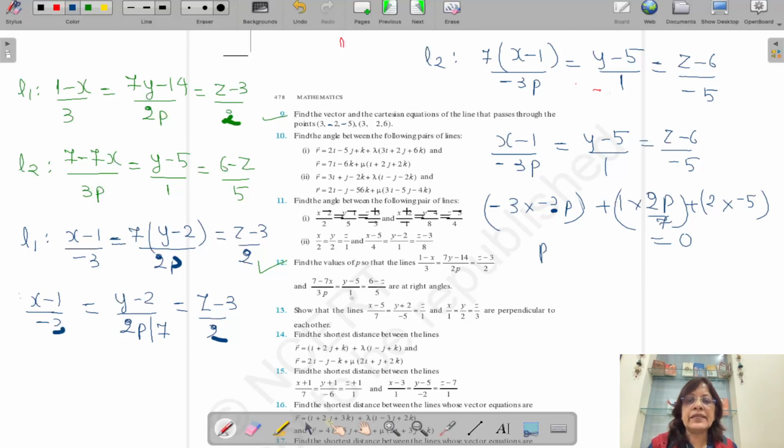An important thing is that in a hurry, students tend to forget that the line should be in the standard form. That is very important. The 13th question you can also write out. The 13th question says show that the lines are perpendicular. Check it, the lines are already in the standard form. So directly you have to check whether the lines are perpendicular or not. I hope this much part is clear